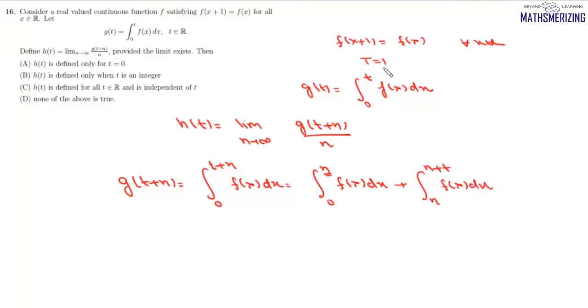Now this function is periodic with period 1. So we can write this as n into the integral from 0 to 1 of f(x) dx, and then plus, now this is from n to n plus t, and it will be from 0 to t